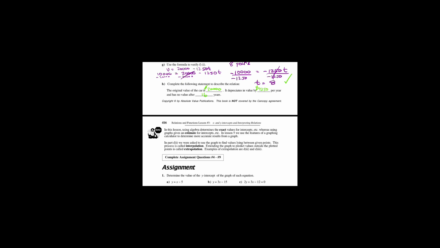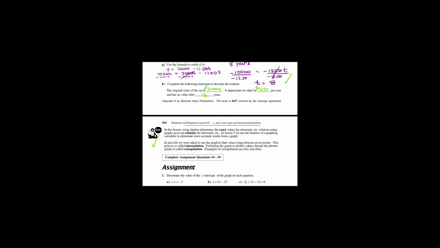What does it say here? We'll just read this really quickly before we move you on to the assignment. So it gives us a big note. This guy's stopping us right here, and he's saying, in this lesson, using algebra determines the exact value for intercepts, etc., whereas using graphs gives an estimate for the intercepts. So it may look like it's going through those points, but the only way to really verify that is to use algebra